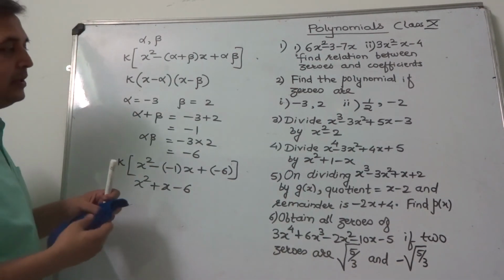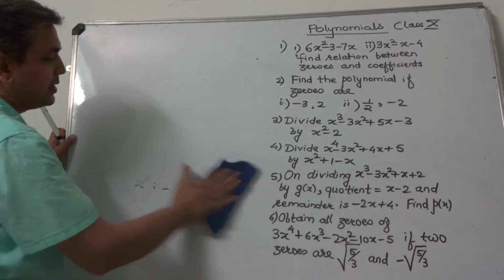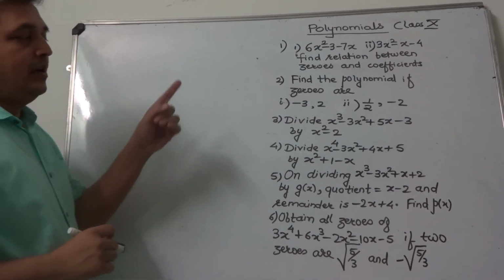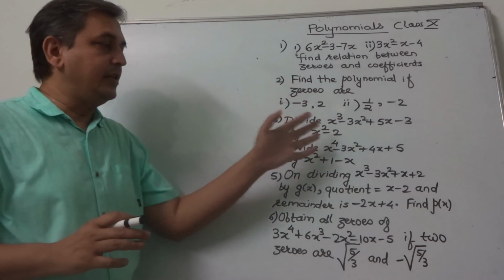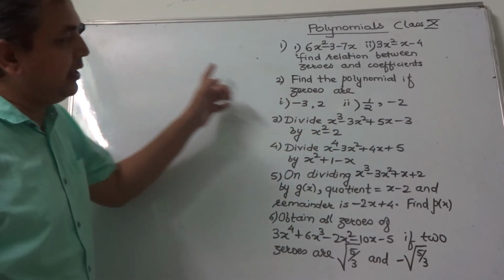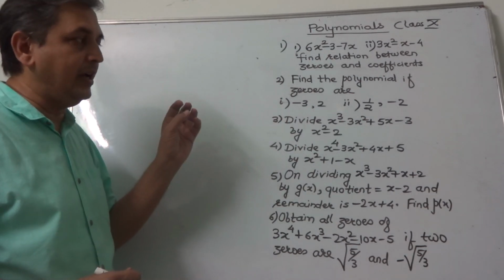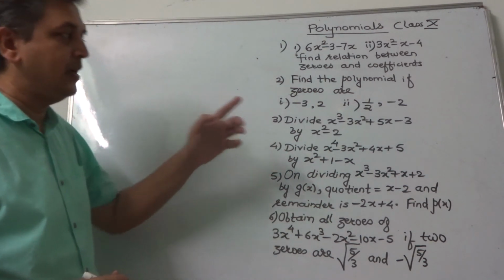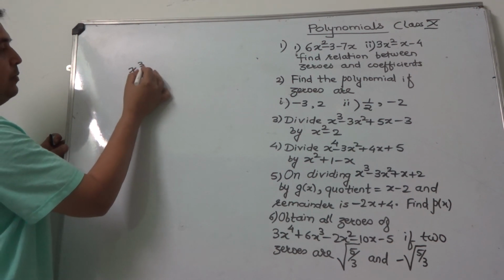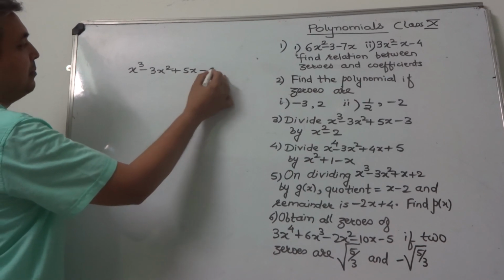We solve question number 3. Now this is division of polynomials. Try to understand this division properly. Practice this well. Now for this division, first step we do is we write those terms in decreasing power of x. If some number is missing, we write 0 times some power of x. Let us see here. Highest power is 3. So I write x cube minus 3x square plus 5x minus 3.